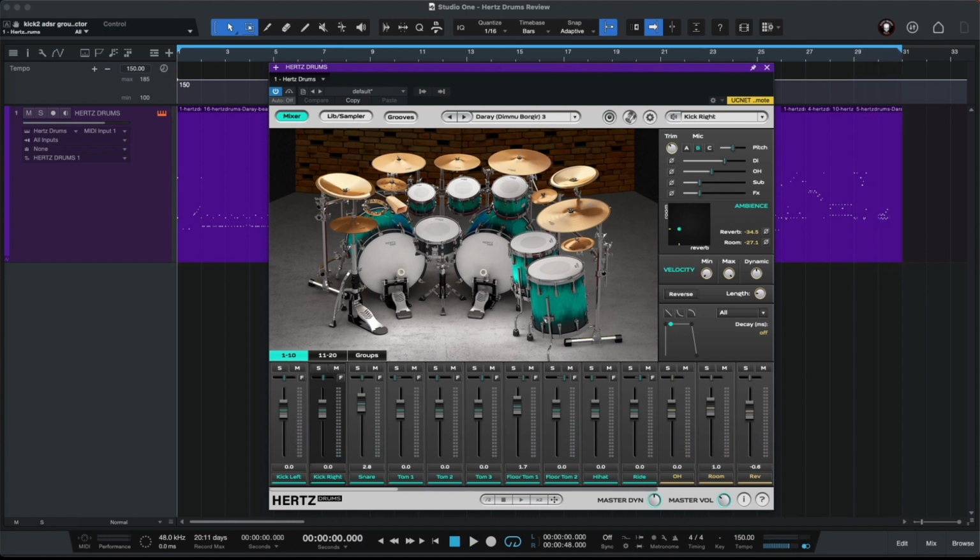Hertz drums is a very powerful plugin where you can create your own rock and metal drums. So let's take a look at the interface of Hertz drums plugin. Here we have our three main menus: mixer,